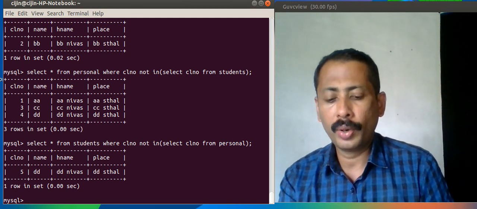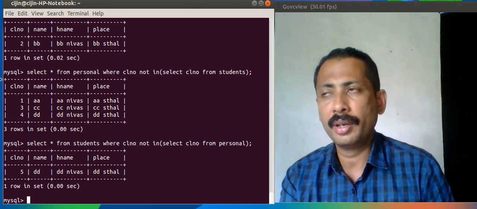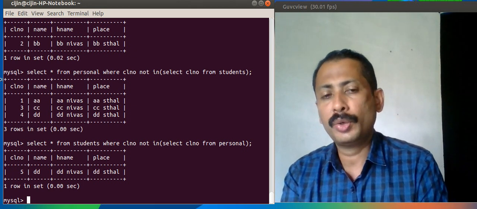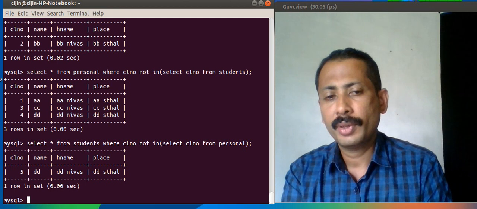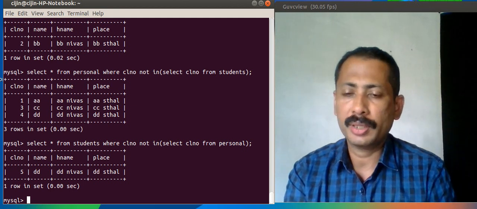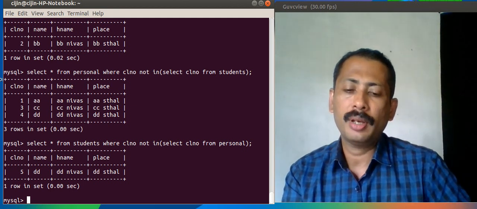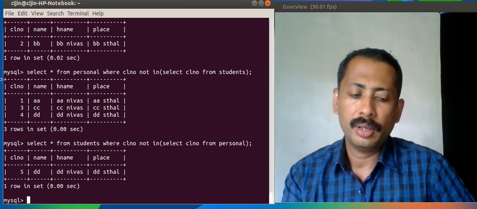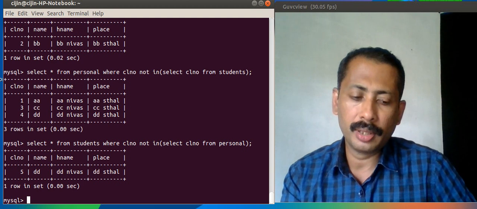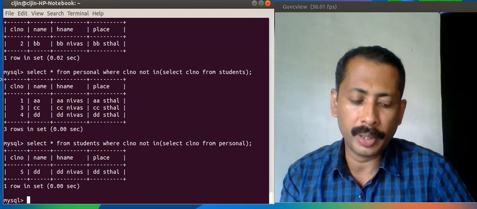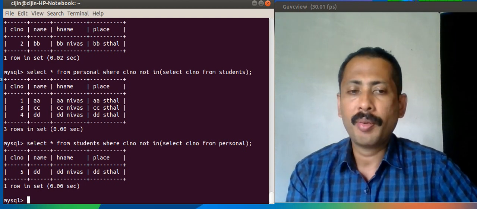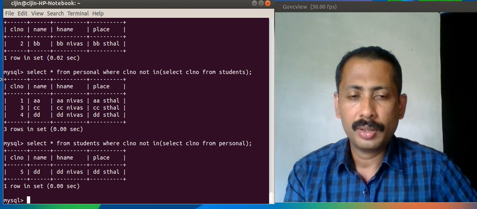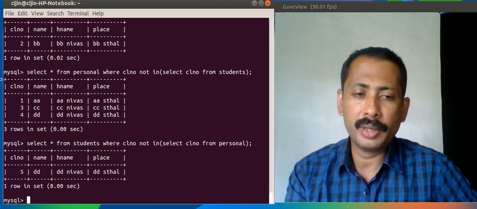We know that 1, 2, 3 and 4 are in personnel, and 2 and 5 are in students. So personnel minus students means records which are available in personnel but not in students. Students minus personnel means records which are available in students but not in personnel.